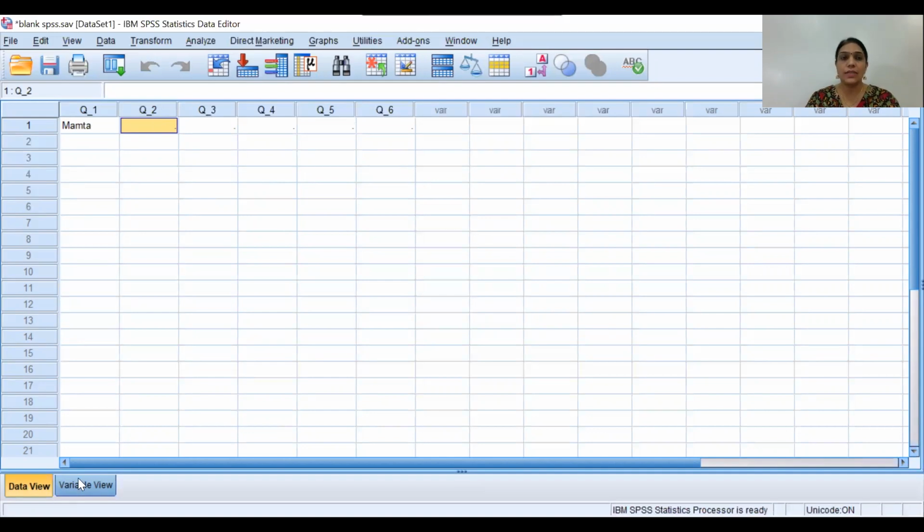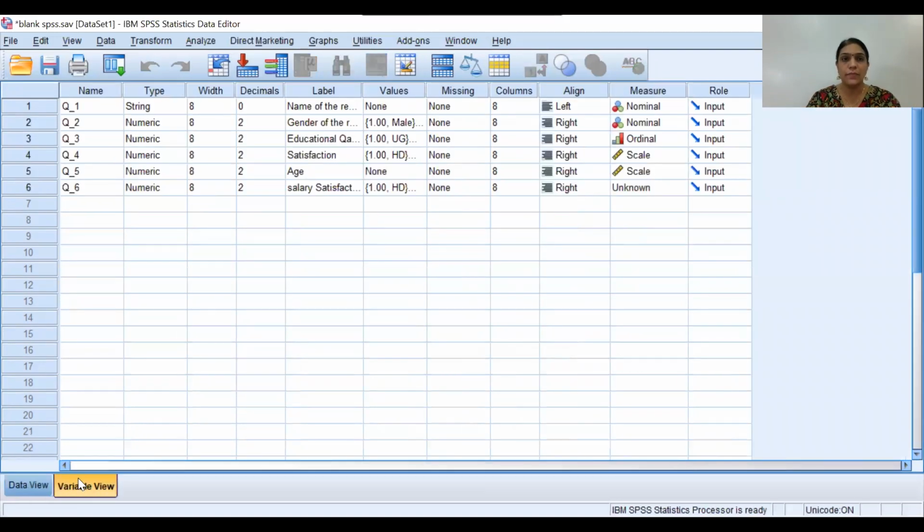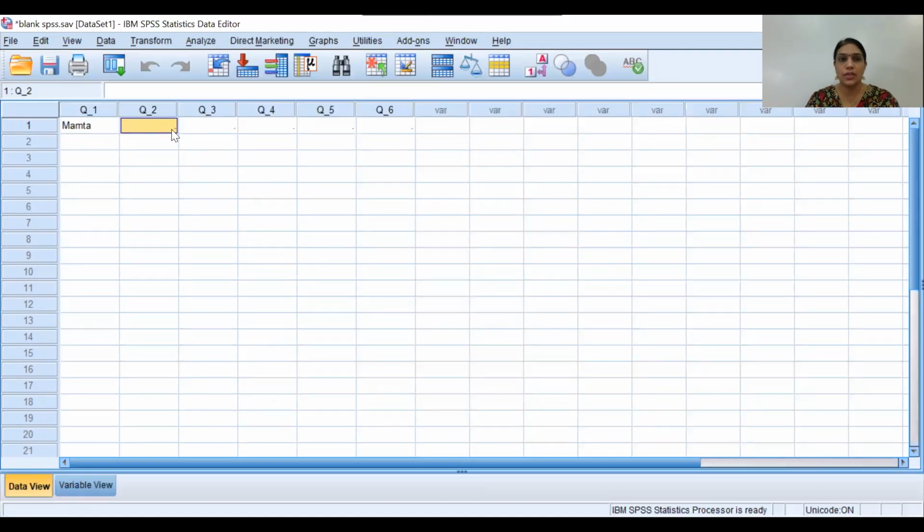The second variable, the second question, is gender. So gender, I am female. So that is the second code I will use. Clear? So I will take my category, female, 2. Third is the education qualification. Education qualification, PhD. So I am entering 3. The fourth one, I think, is the satisfaction rate.